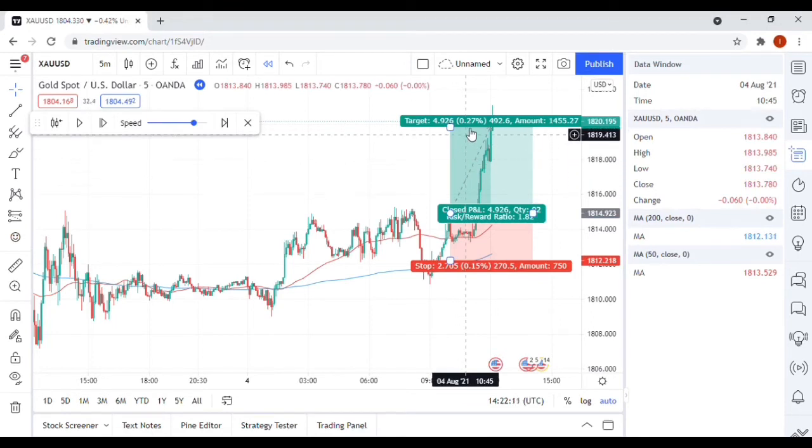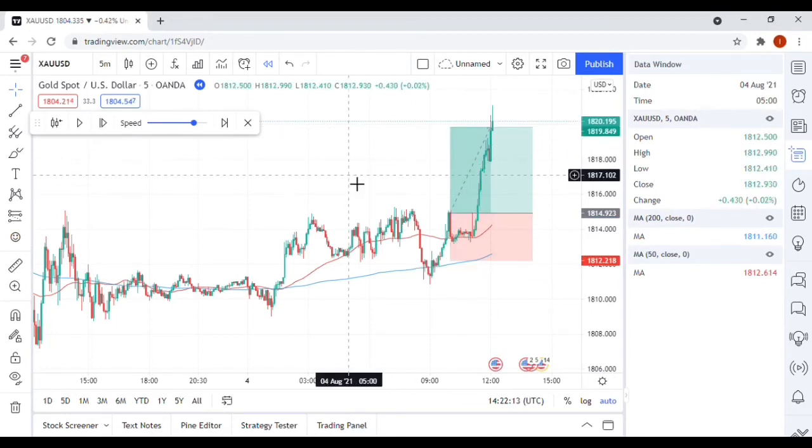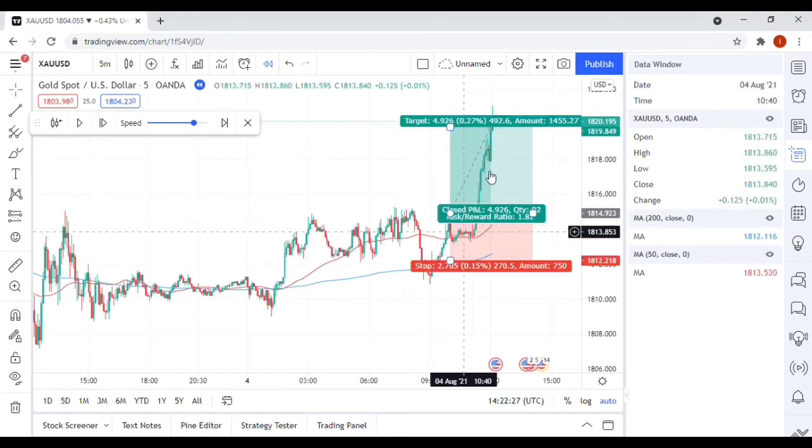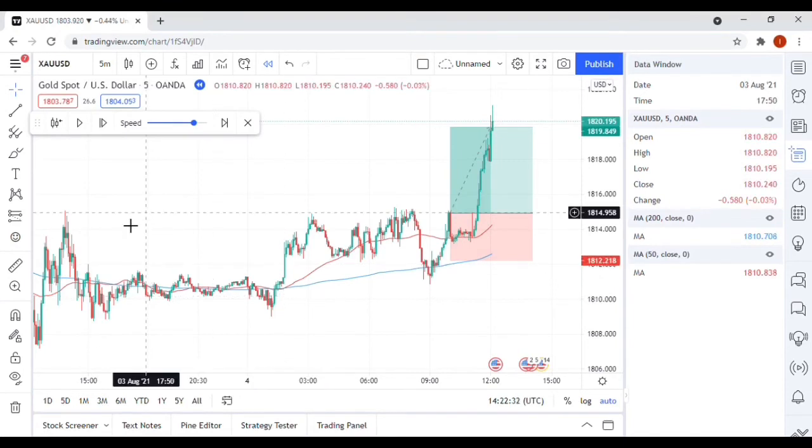So you'll be basically setting your profit in this area here. The price there is 1819.815. So you'll be placing your stop loss somewhere above, your take profit somewhere above that area. As you can see, price action actually went and hit that area right there, but it's not finished moving. Just to show you the power of the strategy, it still continued up, but at this point we'll be already